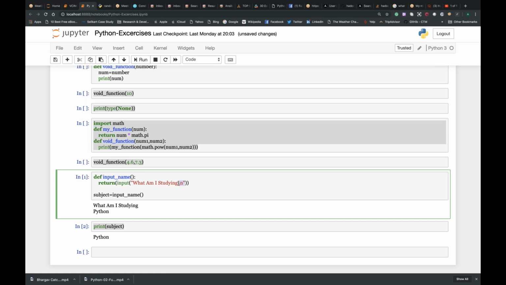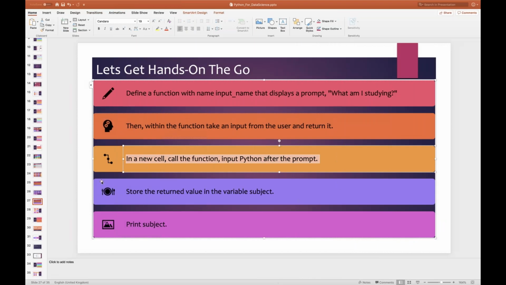When I use backslash n, it will take your new line character into consideration. Whenever I say Python, that is the subject input name which will return it. So whenever I said print of subject, it gave me Python. What am I studying is a question, and the answer is your word Python, which is an input character given through a keyboard, user given input, and it returned an output whenever I call the subject. That's what it is. Simple as that. Happy to clear the point till this point. Any questions, guys?